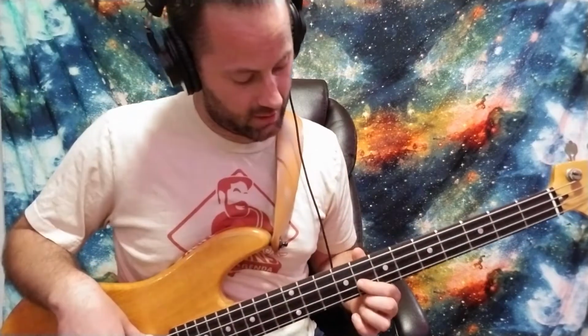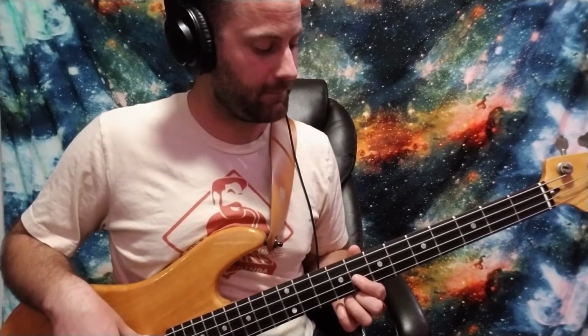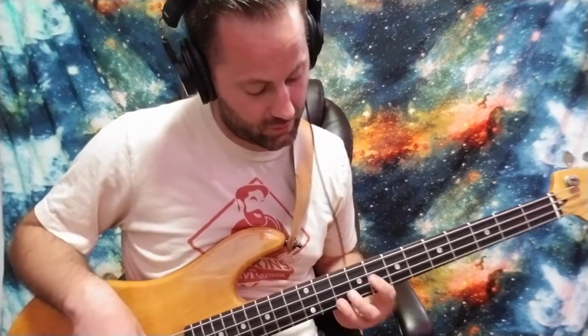So it goes like this: F, G, A flat, G, A flat, G, B flat, C, again. Okay, from there you're going to slide up to, this is C right here, and it's going to be the 8th fret on the D string, so it's actually a B flat, and you're going to hammer on to a C, and then you're going to go down to the G string and hammer on from 8 to 10. That would be an E flat to an F. So you're going to go,